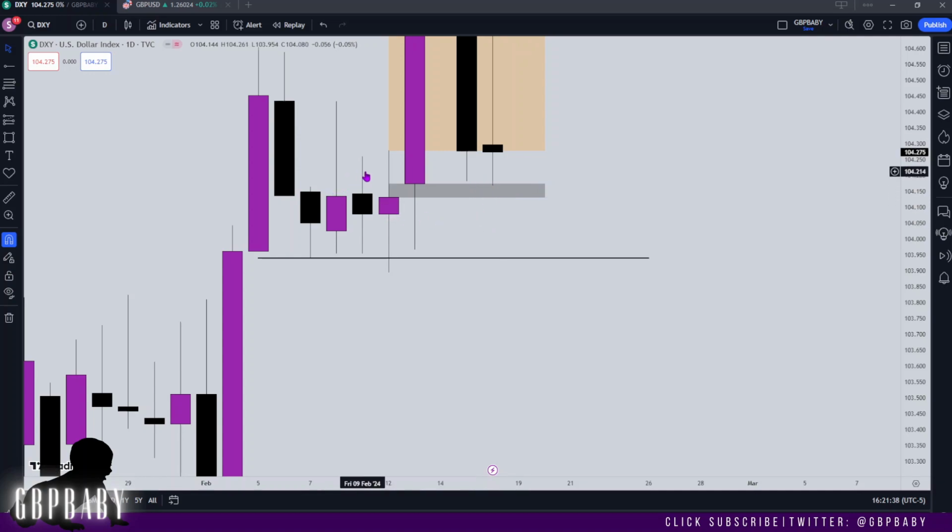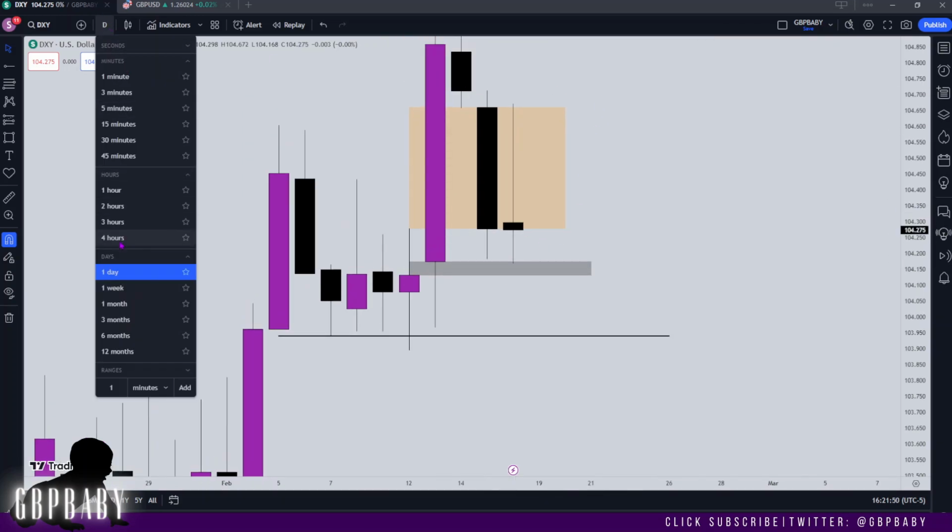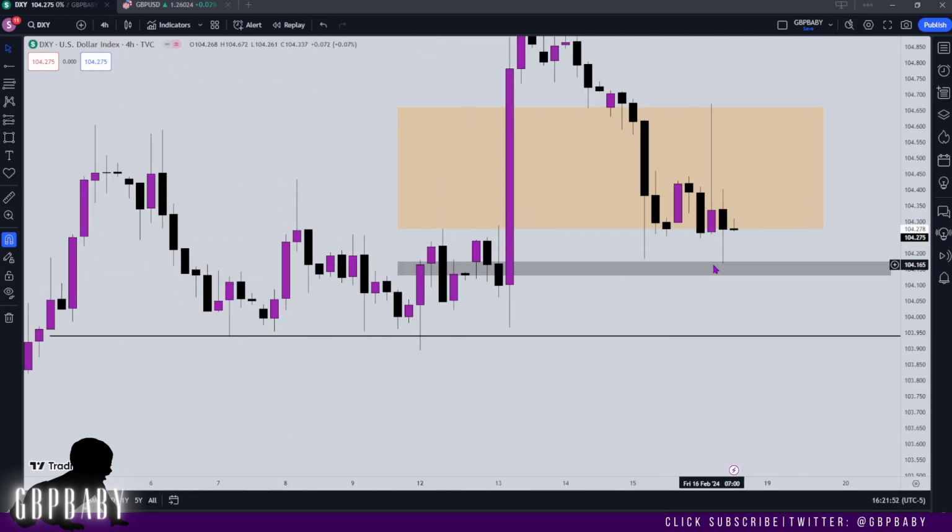Another thing to take note of is this bullish order block right here, this down close candle from Friday the 9th of February. We can look at that as a bullish order block. So as price is wicking down in and trading around this level, we can expect a reaction, assuming we are bullish. So let's go down now to the 4 hour, and you'll see we have some beautiful relative equal lows